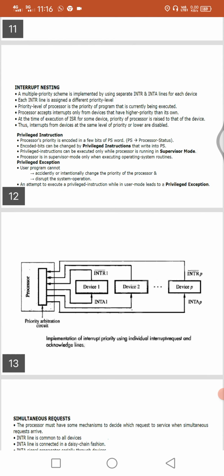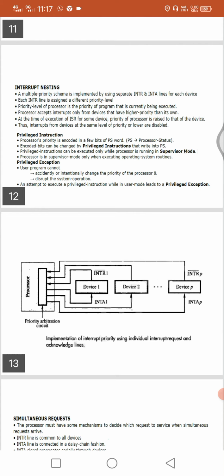Privileged instructions can be executed only while the processor is running in supervisor mode. Generally we have different modes. So in supervisor mode only, the privileged instructions are executed. The processor is in supervisor mode only when executing operating system routines.